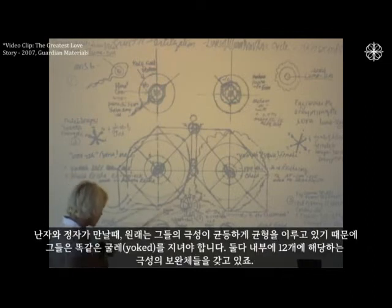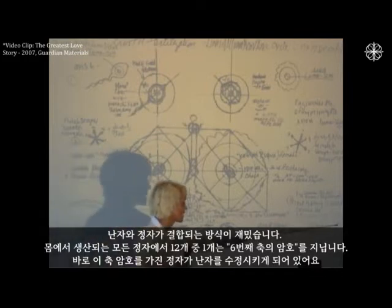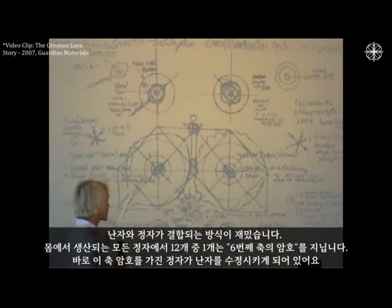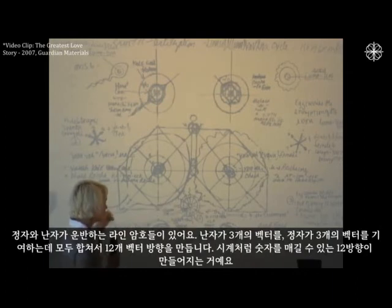When an egg and sperm meet, what they're supposed to do is, because their polarities are equally balanced, they're equally yoked, they both have a set of 12 corresponding polarity complements inside, they would come together. And it's funny how they come together, where 1 out of every 12 sperm that are produced in the body have what is called the encryption of the 6th axis. And that is the one that starts the cycle. It's only that 6th axis sperm that carries the axis for alignment on the point where I showed you where the Navena cycle starts, that encryption. That is the sperm that will fertilize the egg. But there are others that carry the encryptions for each of the other